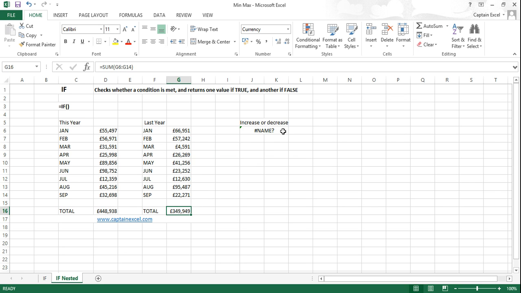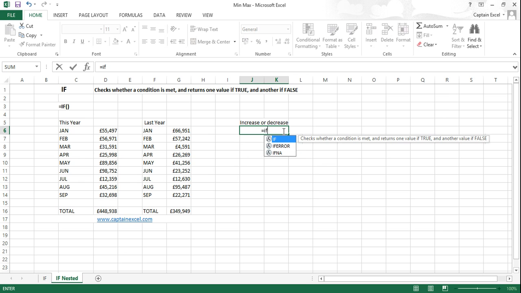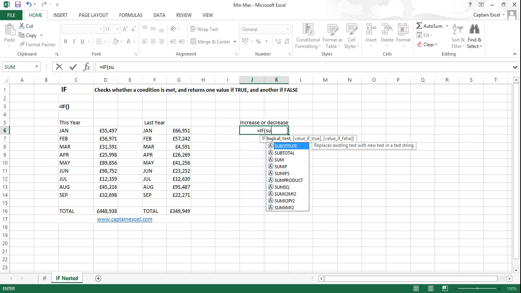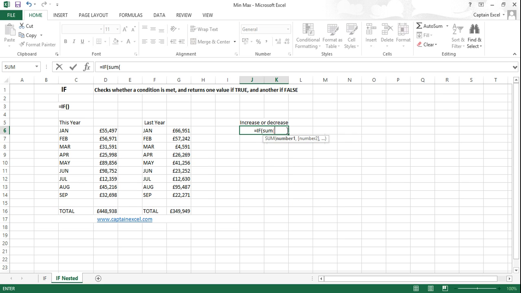I know obviously you can just put equals SUM in and total it up nice and easily, but I like to make things a little bit more complicated so you learn. So if we do equals IF, instead of having this extra bit of detail down here, we'll just do equals IF SUM. We'll put a completely different formula in. The question we're asking is, if SUM this, which we know this formula is going to equal to this,